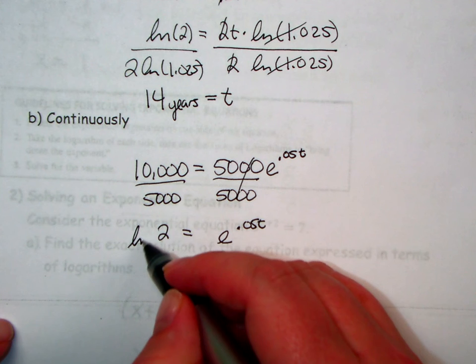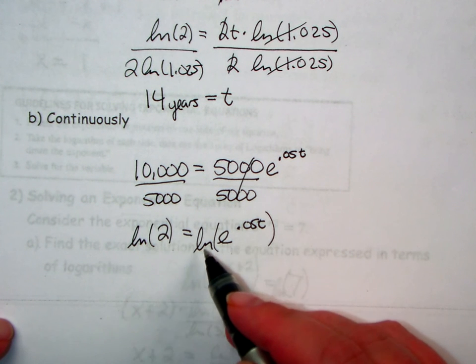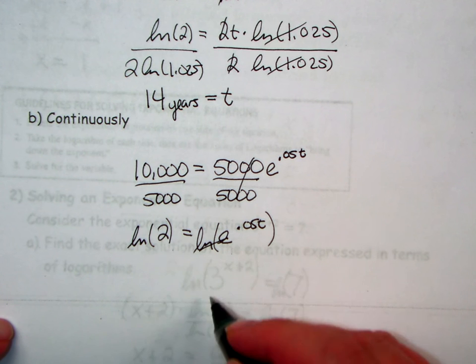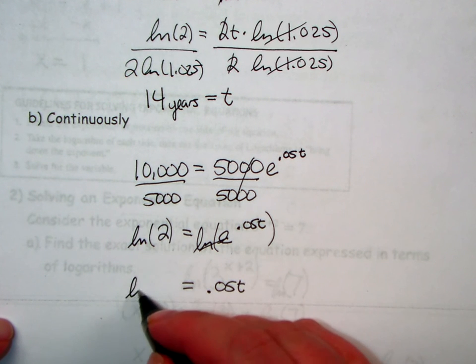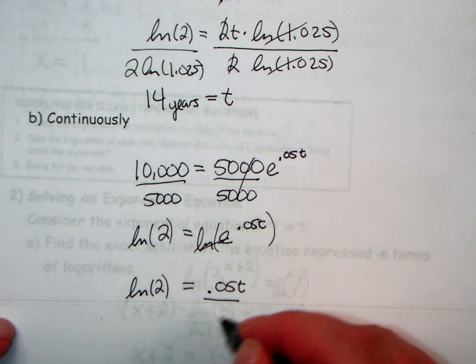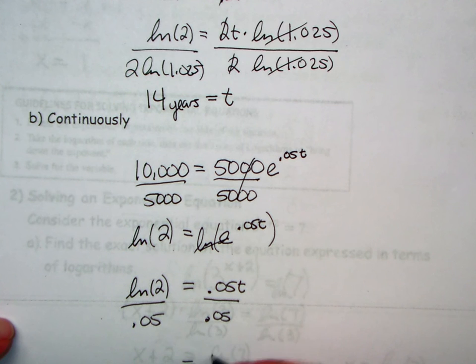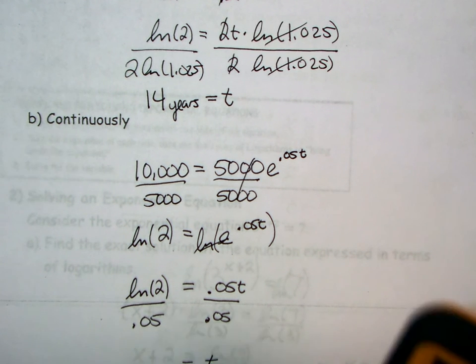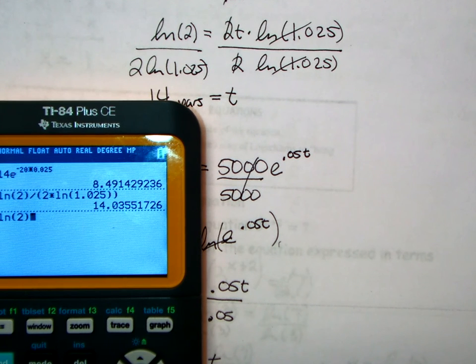So I'm going to ln this again. But since the exponential base is e, ln and e will cancel. So I get 0.05t on the right and ln of 2 on the left. And so to solve for t, I just need to divide by 0.05. So I get t equals, and I'm going to plug that into the calculator, ln of 2 divided by 0.05. ln 2 divided by 0.05 gets me